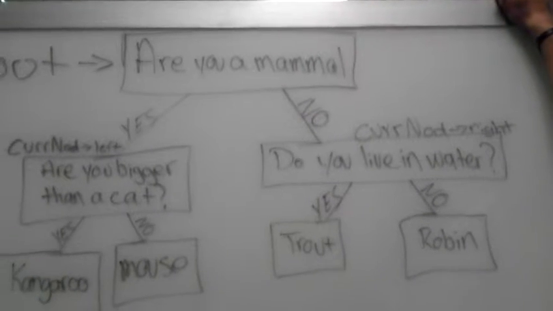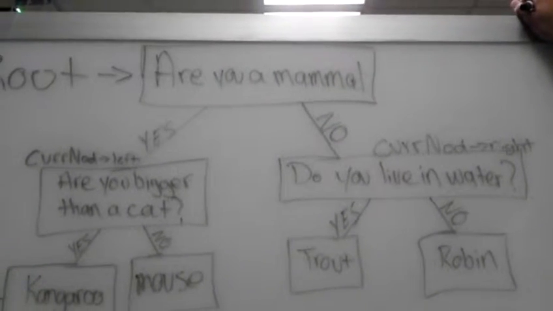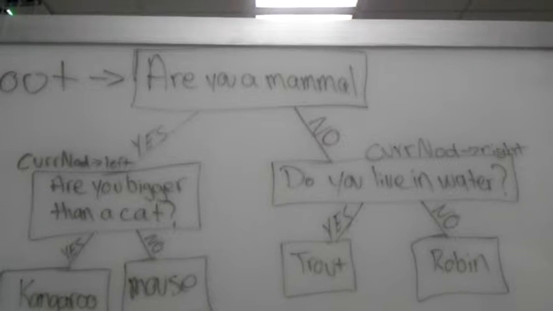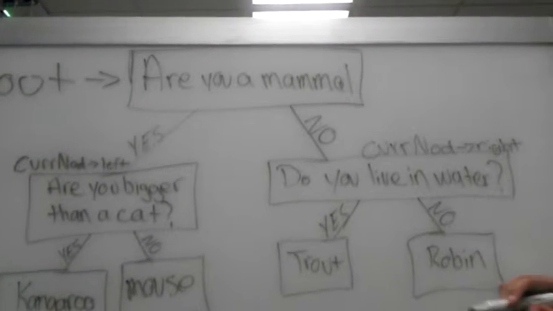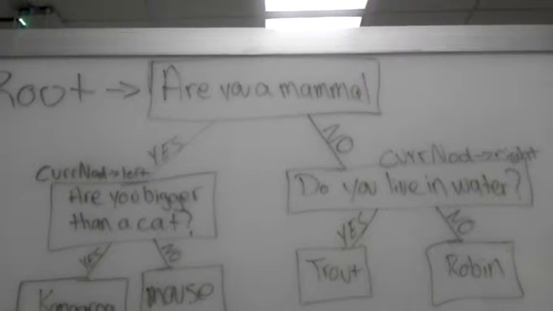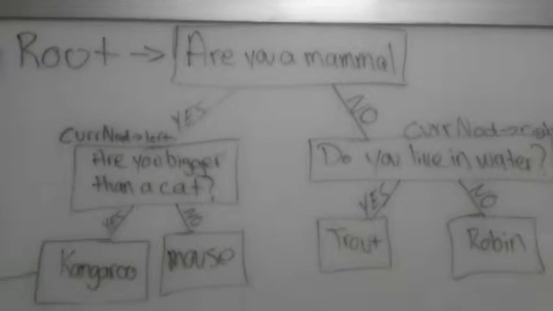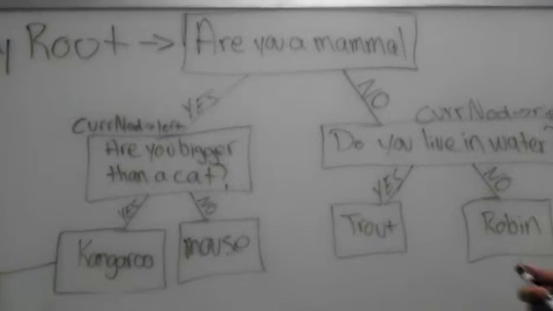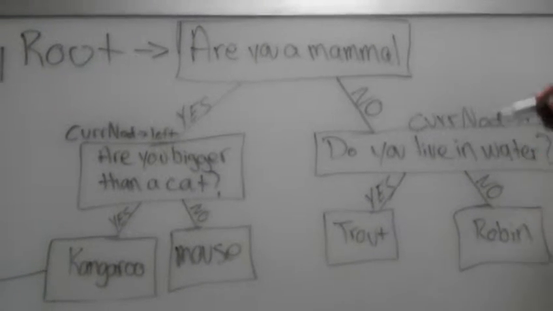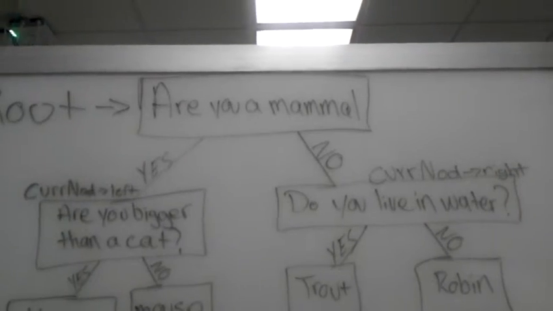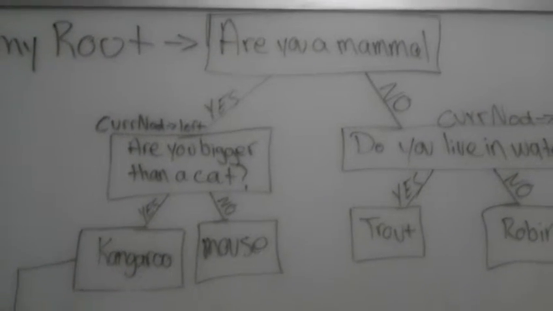This is the animal guessing game for the data structures class. You start off by reading in from a text file the questions and the answers to the questions. You read them in, and you start with the first node and point that to my root, which would